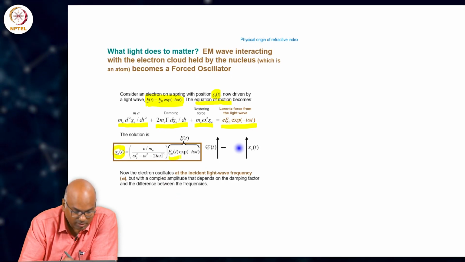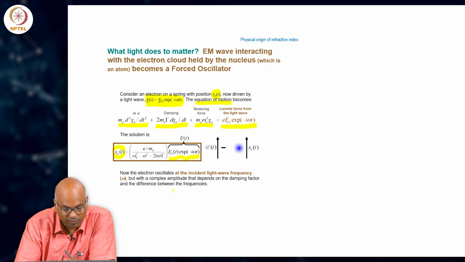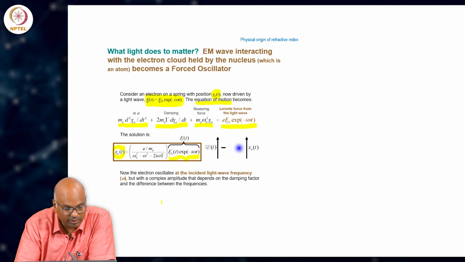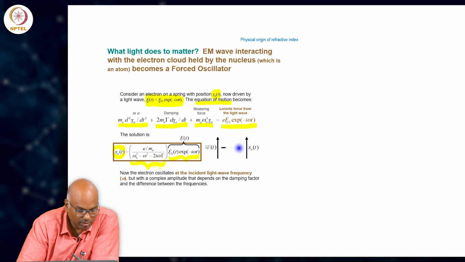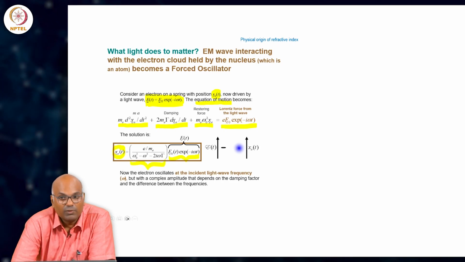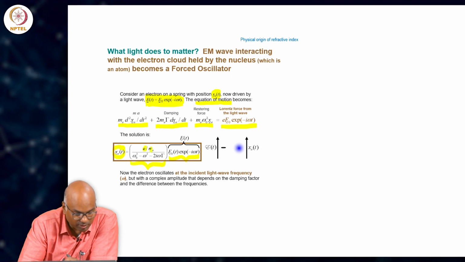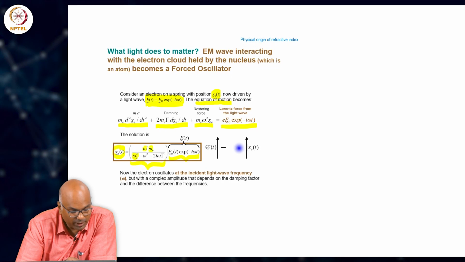One is the input wave itself, E naught of t times e^{i omega t}, which is one factor, multiplied by what we would call the response function. In this case, it is e, the charge of the electron, divided by its mass, e by m, divided by omega naught squared. Omega naught